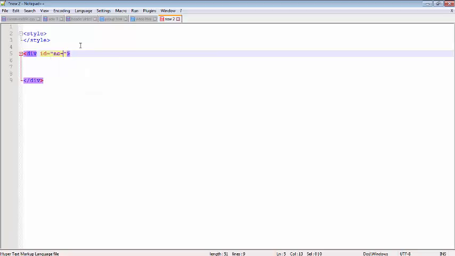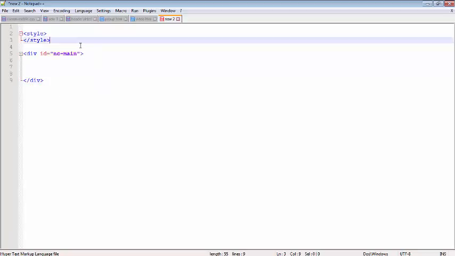You can use whatever you want, but I use nc because it is my name, and I think eBay does not use this kind of ID. It needs to be unique, so I'm using nc main. To target it in CSS, we write a hashtag, then nc main.